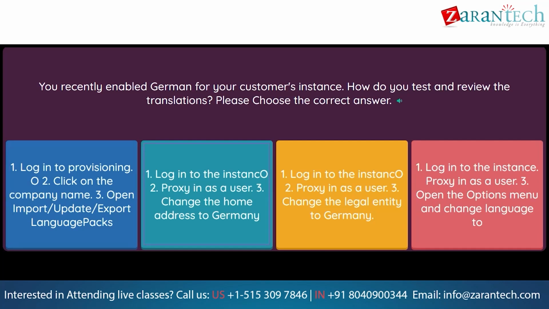Option 2: log into the instance, 2: proxy in as a user, 3: change the home address to Germany. Option 3: log into the instance, 2: proxy in as a user, 3: change the legal entity to Germany. Option 4: log into the instance, 2: proxy in as a user, 3: open the options menu and change language to